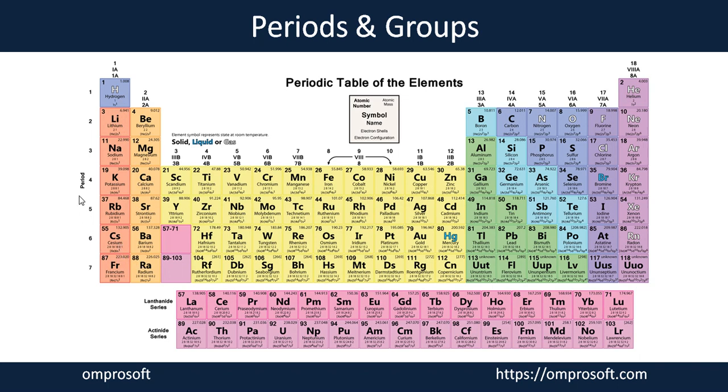Now if we see along the period, we have a total of 7 periods while we move horizontally in a row. Here the atomic number follows a consecutive sequence, like 1, you can see here, then 2, then 3, 4, 5, 6, 7, 8, 9, 10, 11, 12. Till the end you can see that it has a complete sequence. And the element property varies while we move along the period.